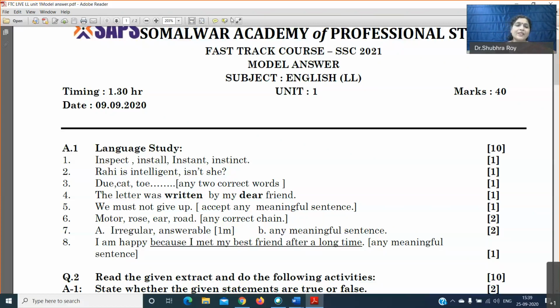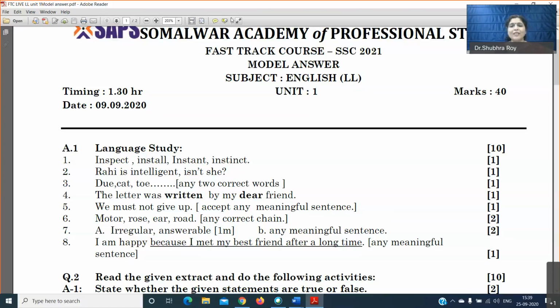Okay. Then let's go to the next question. The question was suffixes and prefixes. Now let me tell you that this is a compulsory question in your paper. This kind of a question is definitely going to come. So you have to be prepared for this. So you have to prepare for adding prefixes and suffixes to questions.